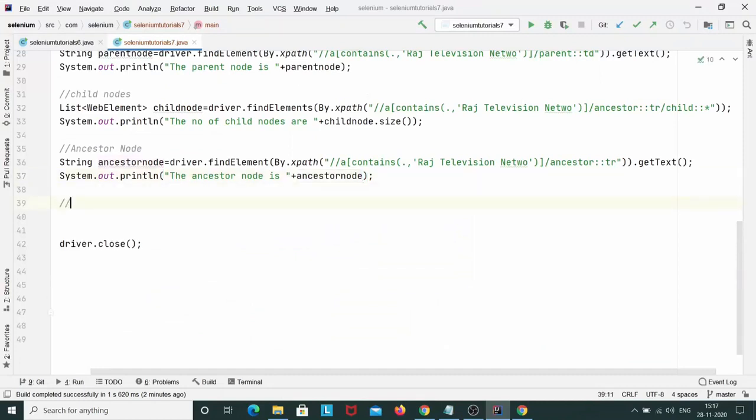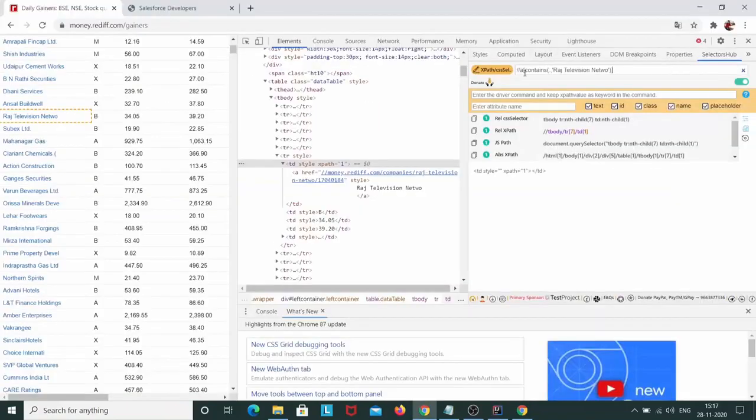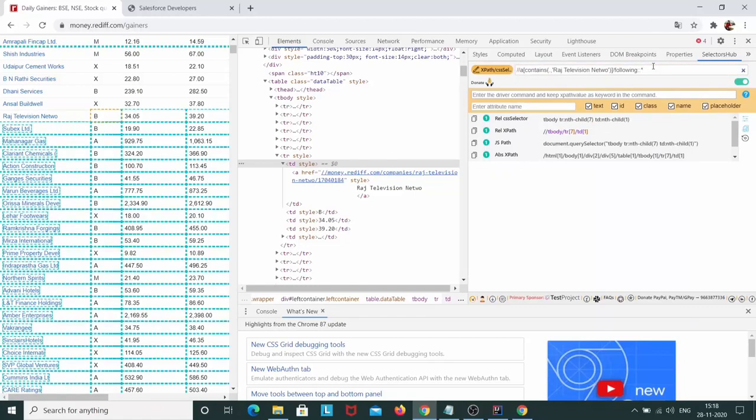Now let's see the following. So I have the 2 slashes that are always there for the XPath. The tag name that I'm using is A, which contains the Raj Television Network. This is the self element. Now from here I want to see the following elements. So I'll put 1 slash, and write following, 2 colons. Now I don't know what my following elements are, so I'll just put the asterisk mark, and here you can see,